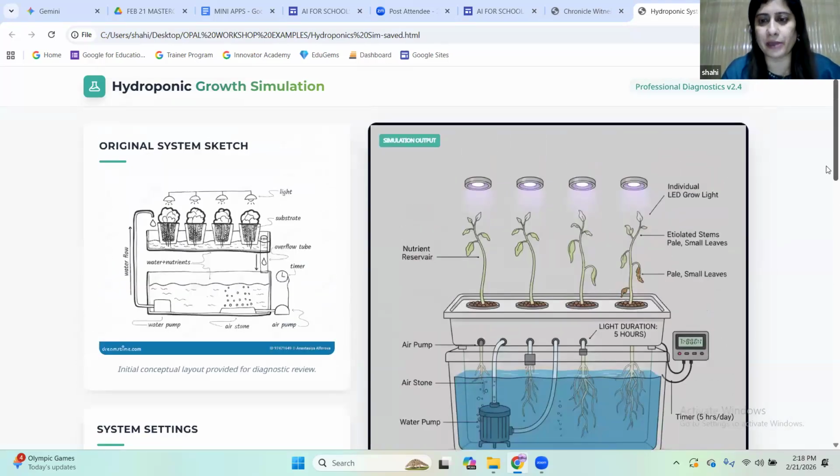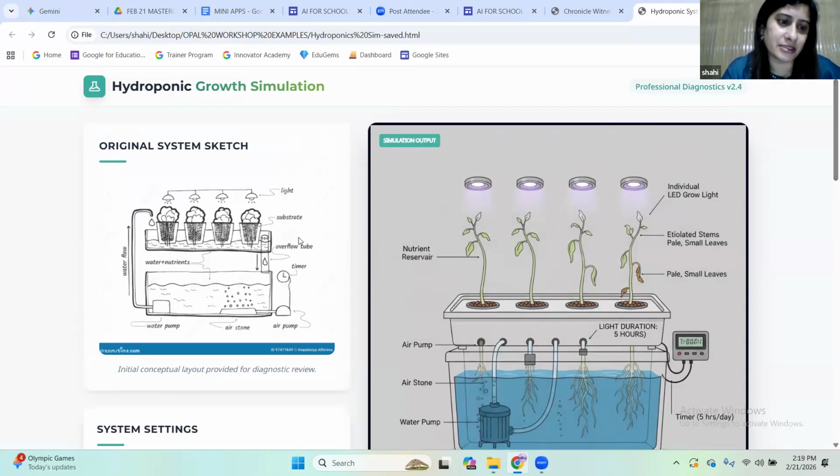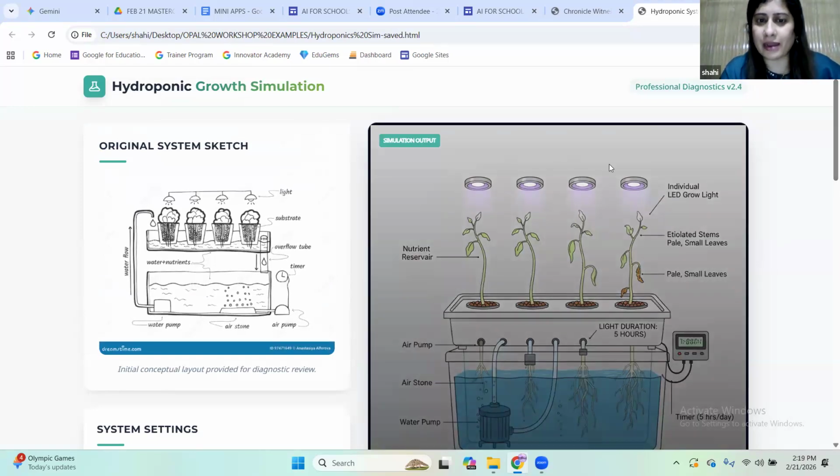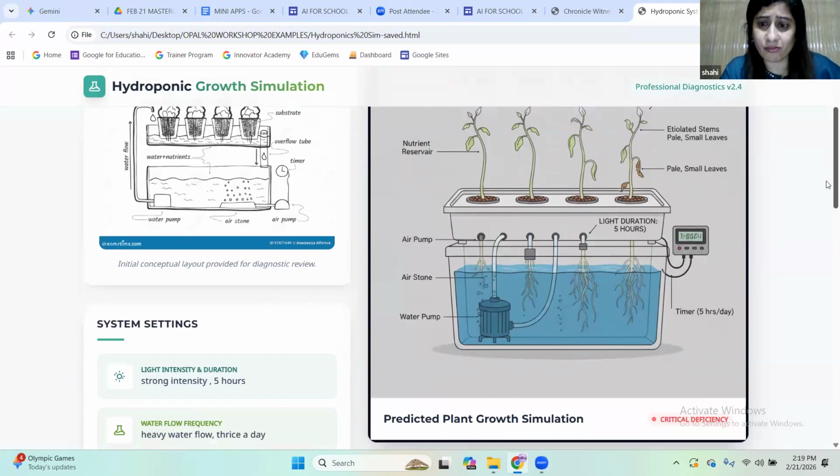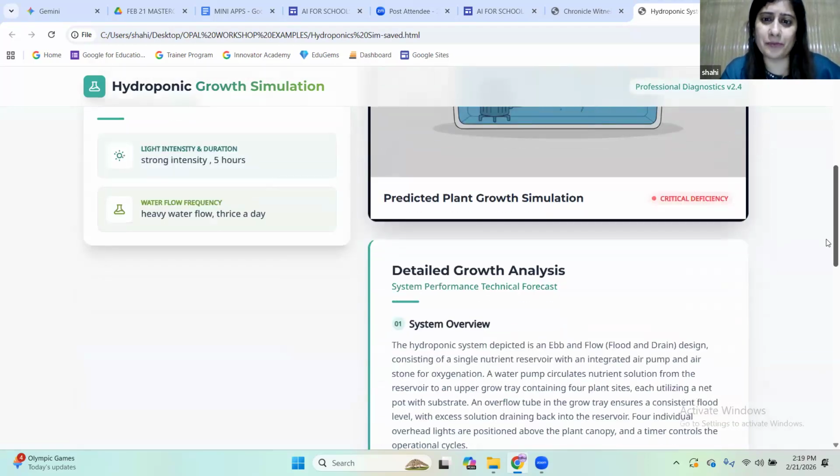I also told it the intensity of light, how much light I need, and for how many hours I need it, and the water and everything. I just gave the initial information and this photo, and it has created this simulation output with details, you see. It has made a prediction, based on the information of how much light and exposure and everything, of what the result will be.